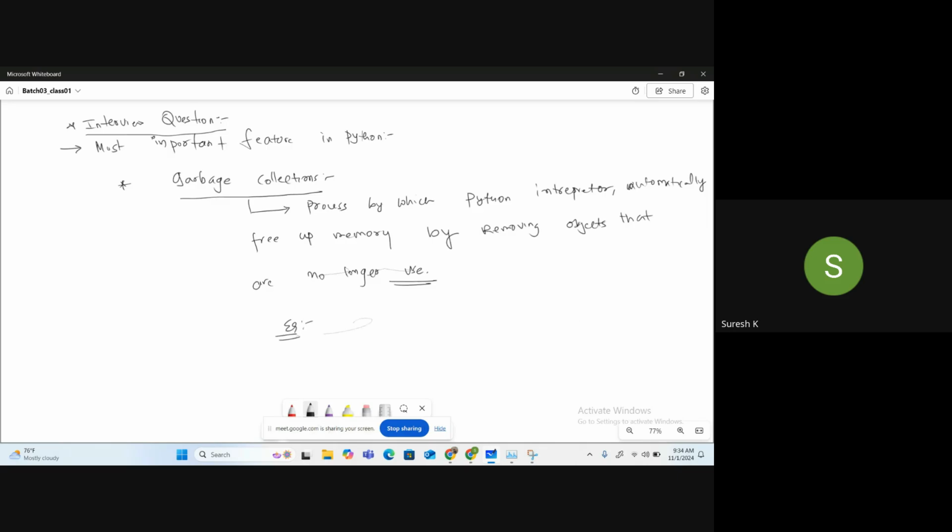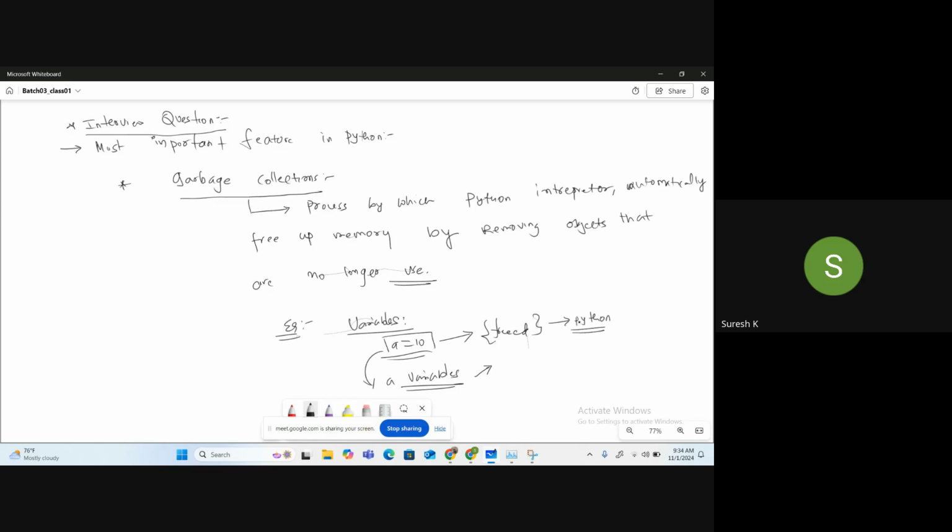For example, I have declared a variable a equal to 10. So a memory is allocated for a. But you nowhere use the variable a in the program. So this memory needs to be freed. This will be done automatically by Python.